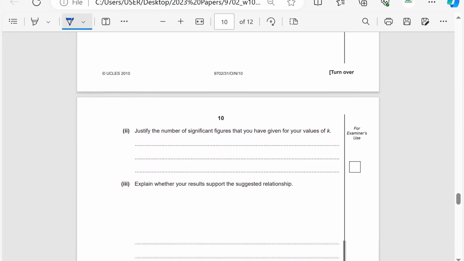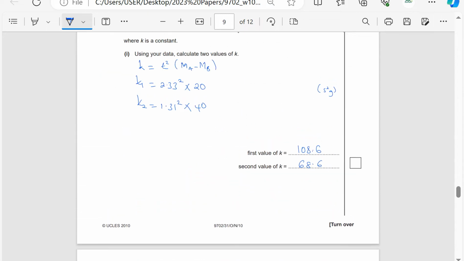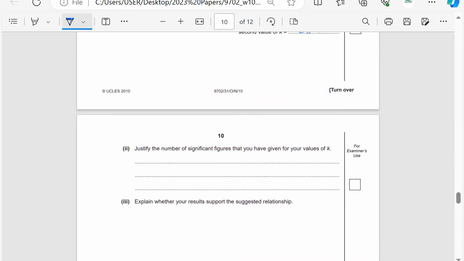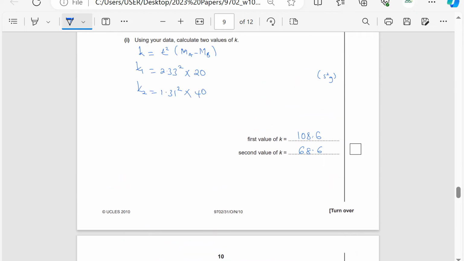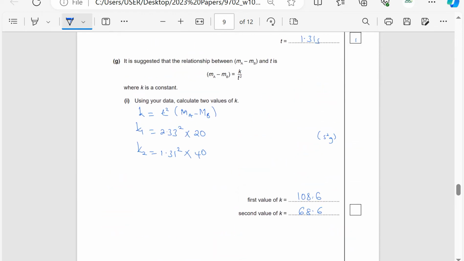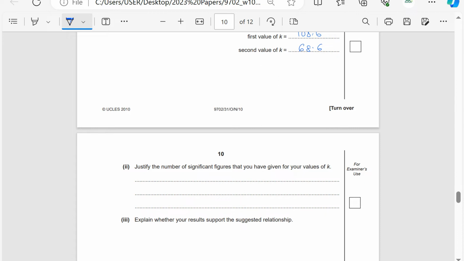Then the question which asks to justify the number of significant figures, she just had to mention the number of significant figures given here. So ma minus mb, of course this 20 is not as a result of rounding off, then we can consider it to be two significant figures. And 2.33, the 0 here is not as a result of rounding off, so it can be considered a significant figure. So she mentioned that